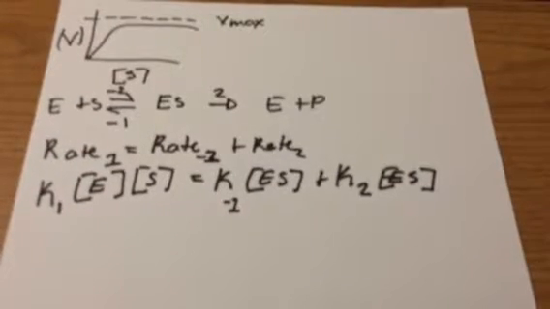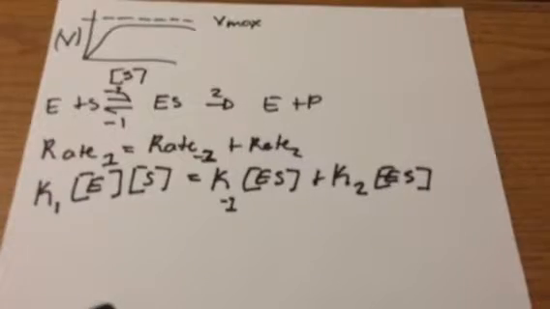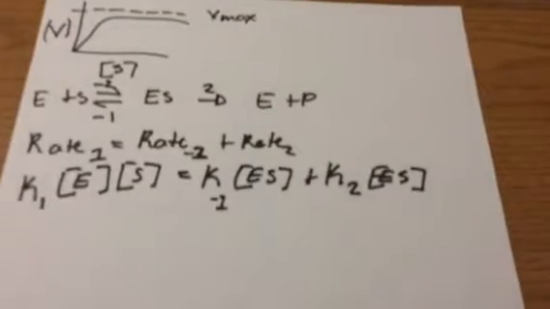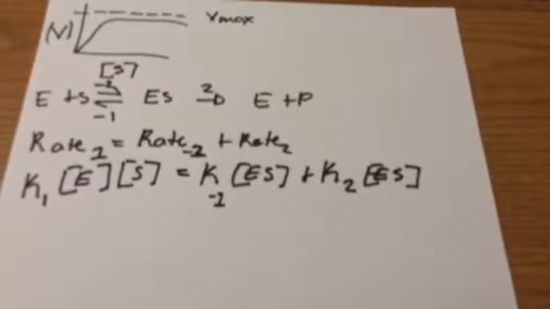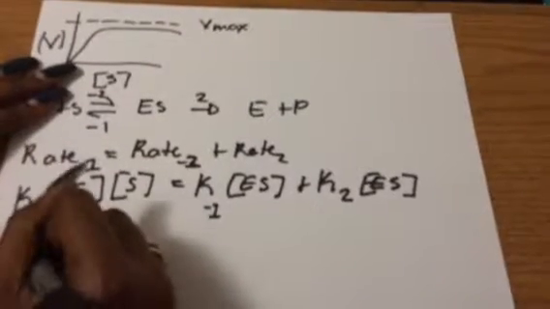So rate 1 will be equal to K1 times E times S, and so on for the other 2. Next, I'll introduce a new idea and say that the total amount of enzyme available, which we will call ET,